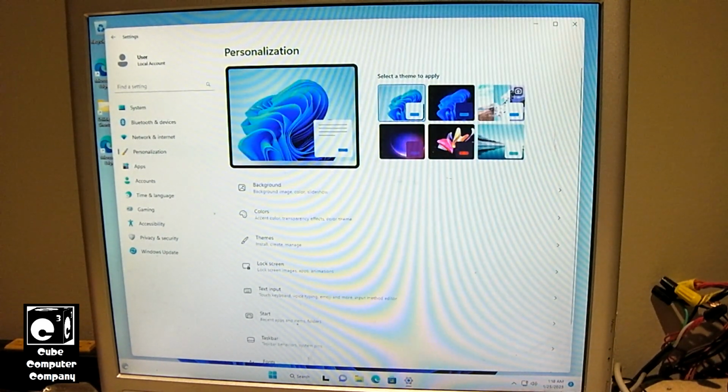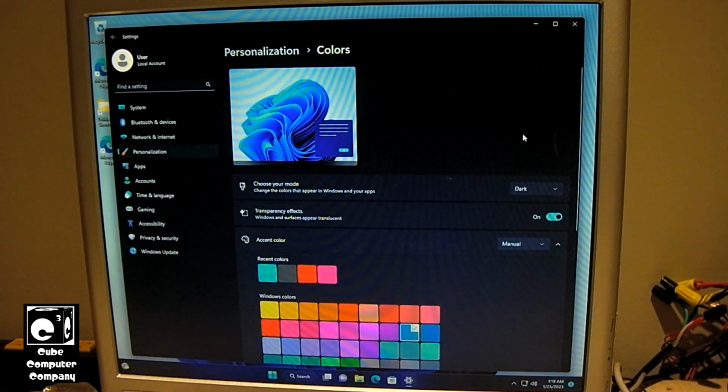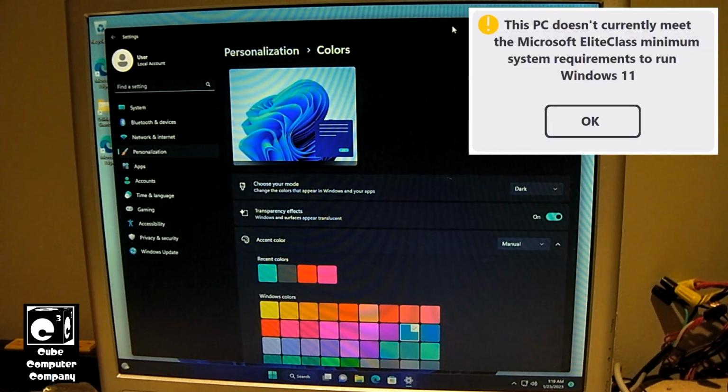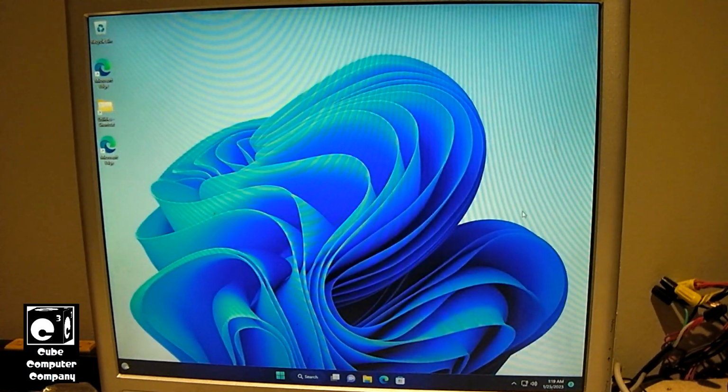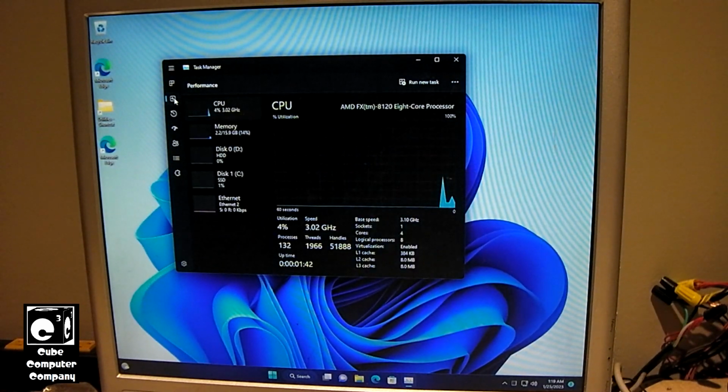Let's go ahead and go in here and turn on dark mode. So you can see this computer here that's running Windows 11, despite not meeting the Microsoft Elite Class minimum system requirements to run Windows 11, is running Windows 11 quite well. Pull up Task Manager here. Now what's weird is how Task Manager reports this frequency,